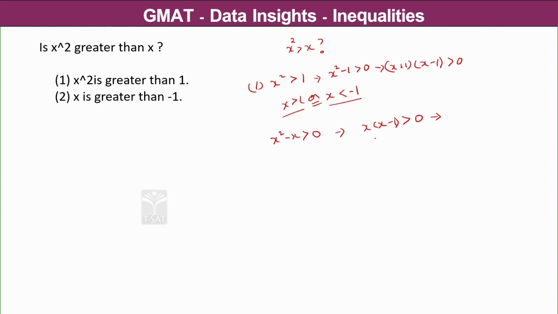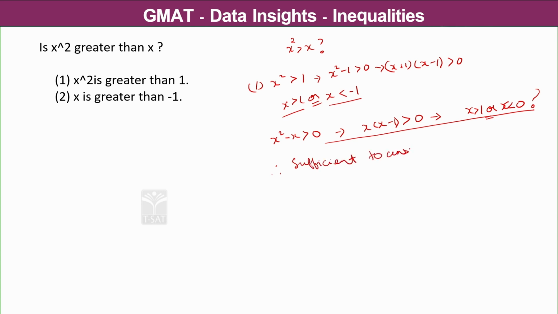Either both are positive or both are negative. So if both are positive, then you have x is greater than 1, or when both are negative, you have x is less than 0. So this is what you have to be able to say: x is greater than 1 or x less than 0. Here it is saying that x is greater than 1 or x will be less than minus 1. So it will definitely be less than 0. It cannot be greater than 0. Therefore, the statement here is sufficient